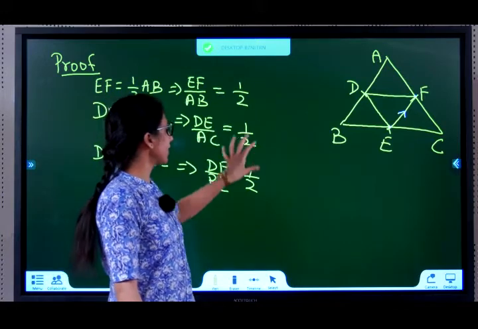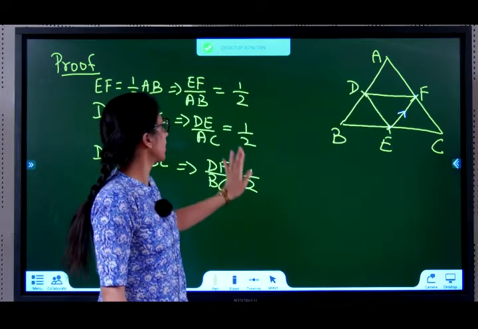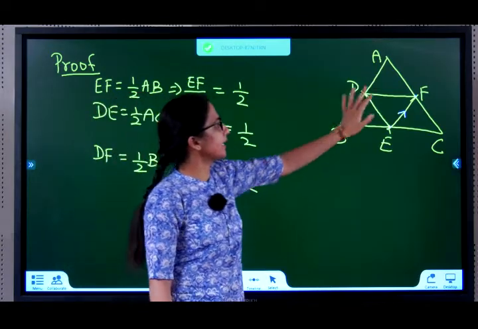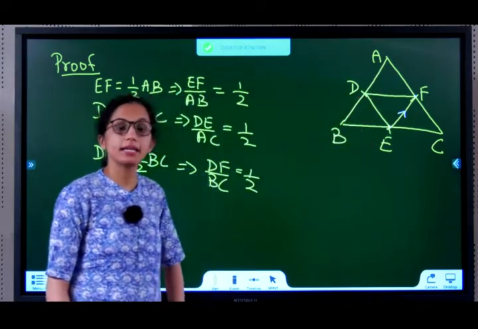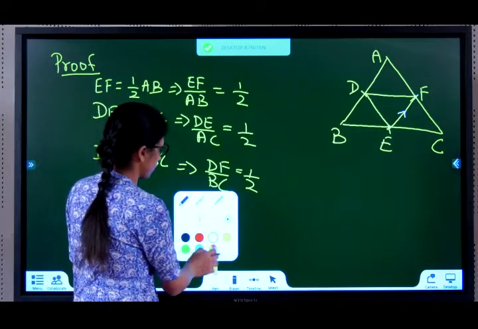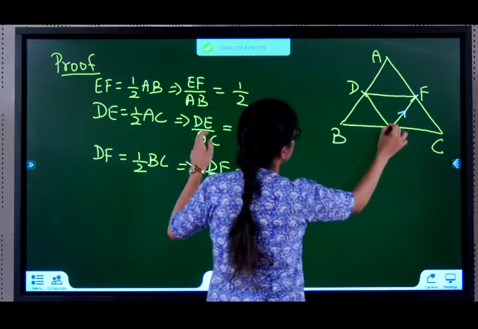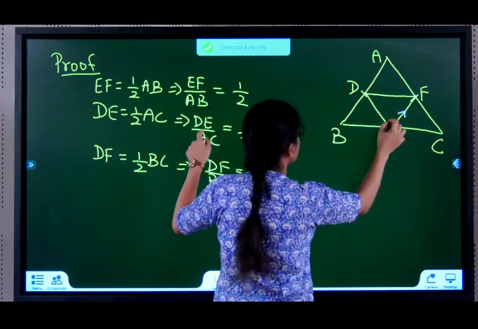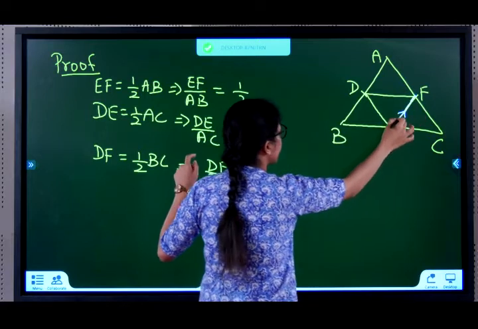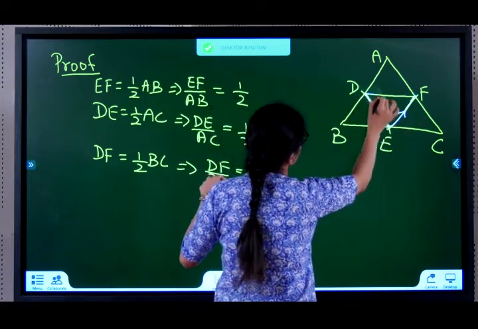Sides, all of them are proportional to the same quantity. They all are proportional. Can I therefore tell DEF is similar to ABC? Yes, I can. Now, you have to be careful in your naming. I am going from EF, then I am going to DE. So, EF, DE and then DF.